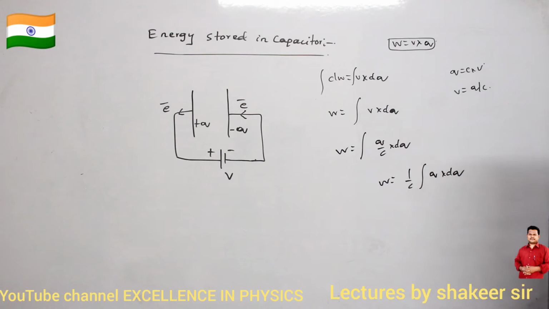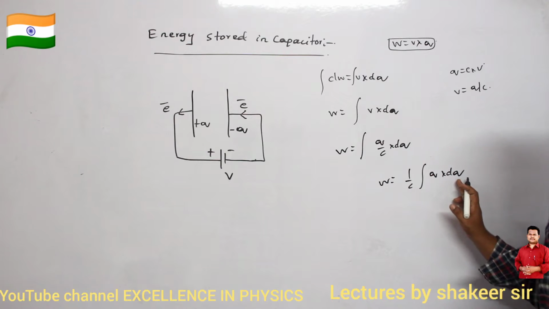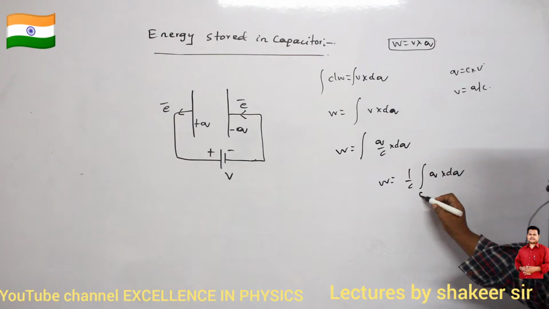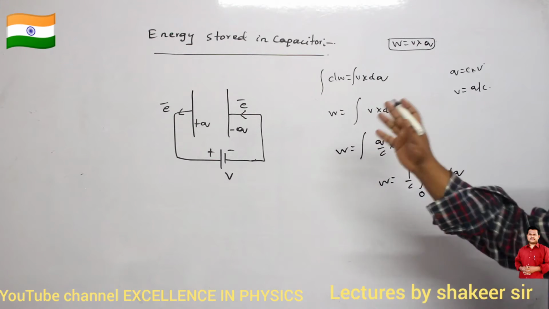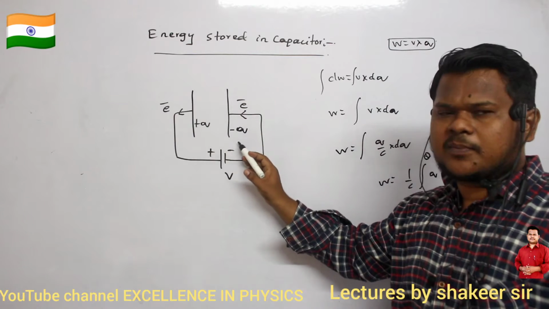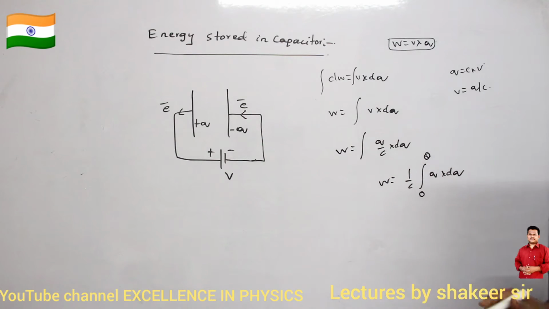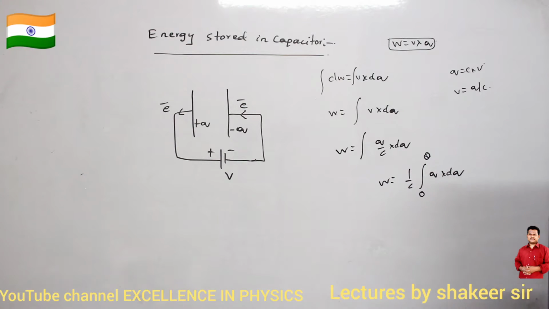Clear? And what are the limits of integration? I am integrating Q with respect to dQ, no? It means I should start from 0 charge and deposit a charge of capital Q on both these plates. On this one plus Q should be deposited, on the other plate minus Q should be deposited. So the magnitude of charge deposited is from 0 to Q. These are my limits of integration. Clear? So therefore 1 by C integration of Q with respect to dQ is Q square divided by 2, with limits applied from 0 to Q.